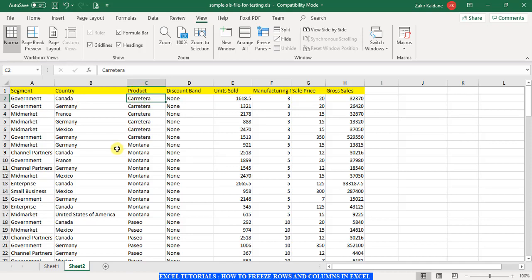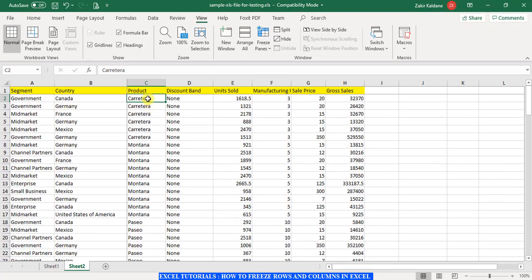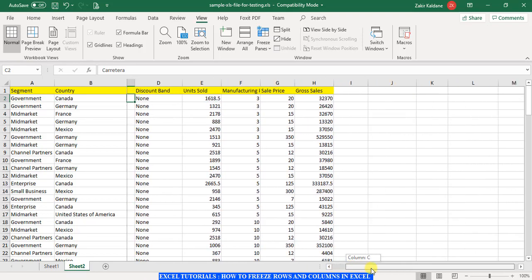So let us take a few examples. First, let us see if I click here and I go and say freeze panes. So what it has done, as I told you, we can go down. Only the top row above this has been locked. Now see over here. In this particular case, when I scroll to the right hand side, you see these two columns which are to the left of this selection are locked completely. Means we have locked these multiple columns. So if I go over here, you see the two columns are stationary. They are locked. Only I can move from the third column onwards.